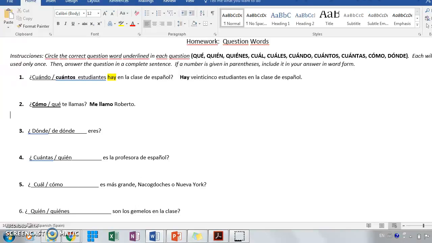Alright, número 3. ¿Dónde or de dónde eres? Okay. Now we know that we use the verb eres, a form of ser, to talk about where we're from. Okay? If we wanted to talk about where we are located, we would use the verb estás. So that means that what we're asking here is where are you from, which is an expression you should easily recognize from chapter 1. ¿De dónde? ¿De dónde eres? And our answer for this will always be our verb in the yo form, soy,